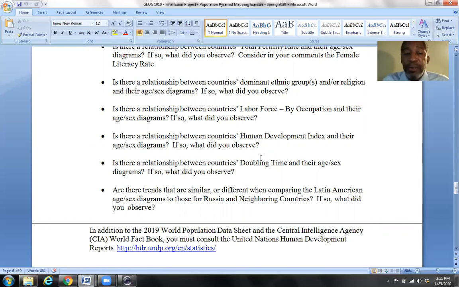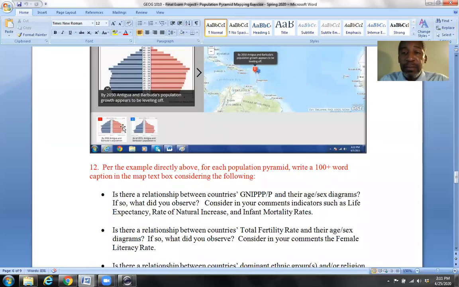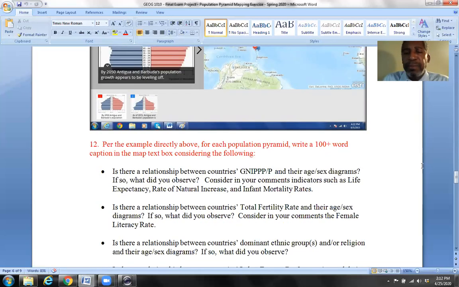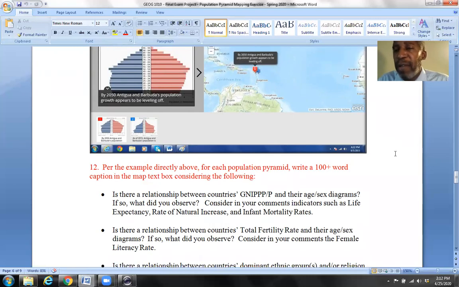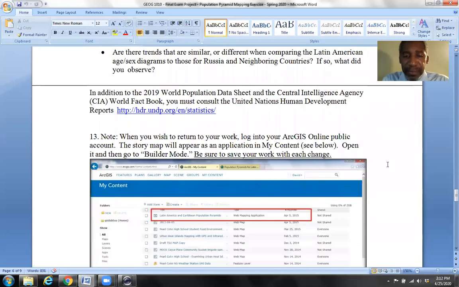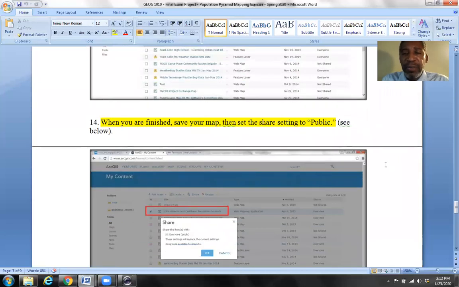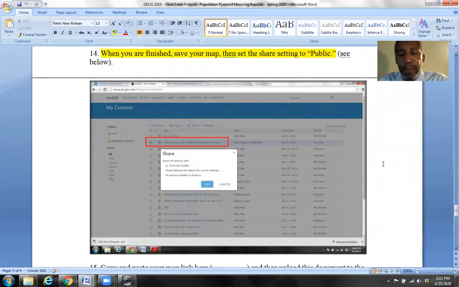And there are many factors that might affect that you can add into that dialog box. You should obviously include the doubling times that you found and so on and so forth. Just a 100-word caption, just briefly describing what you see in that population graph and some of the contributing factors. That's it. Country, make sure you save it, and then make sure you make the map public, and then